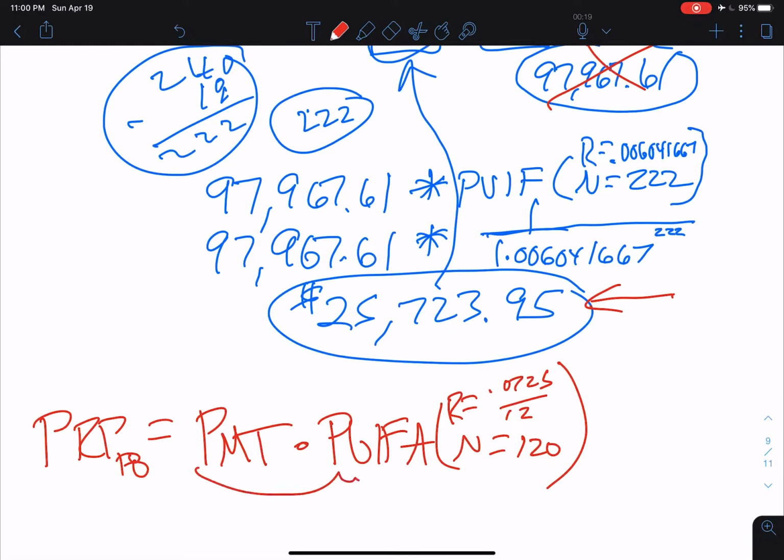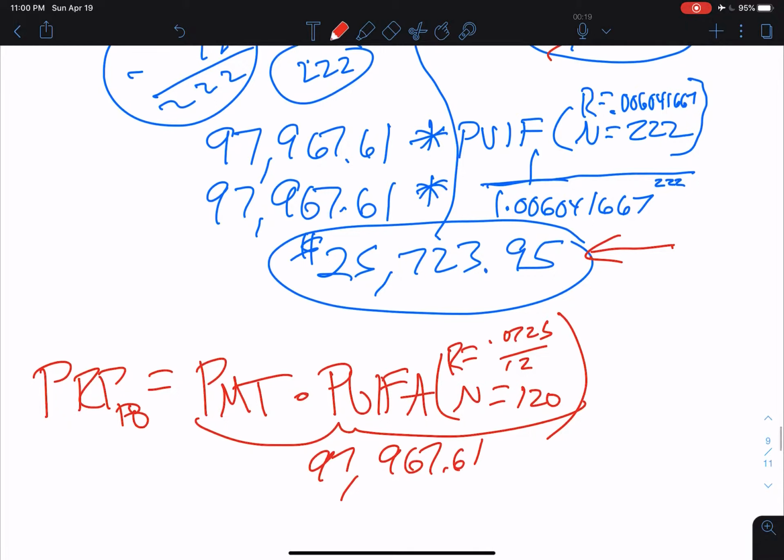And this, we saw, gave us $97,967.61. And then we multiplied that by a present value interest factor where we had the same R,